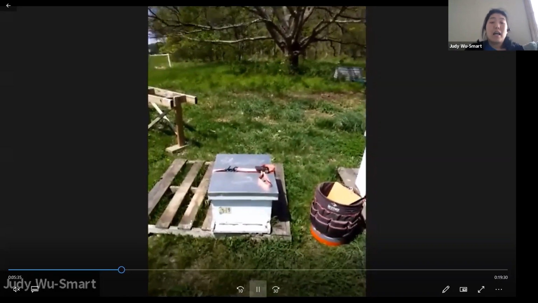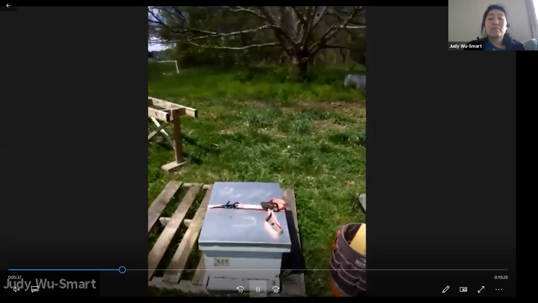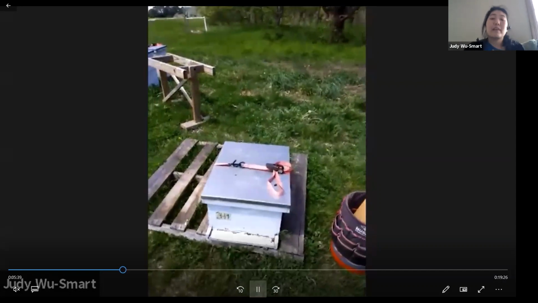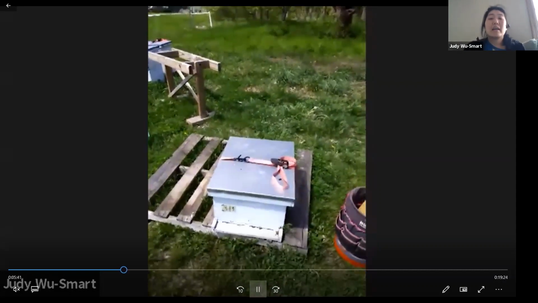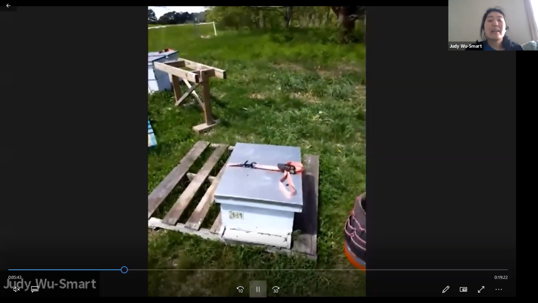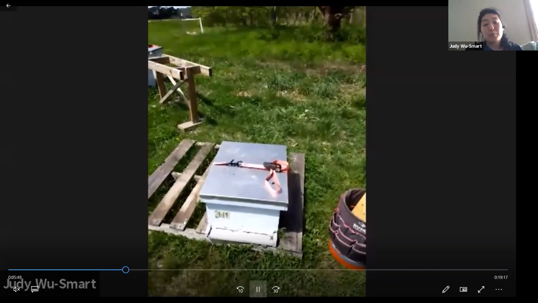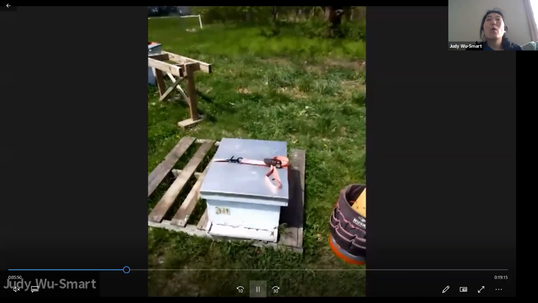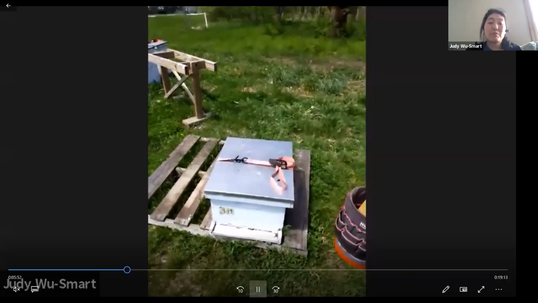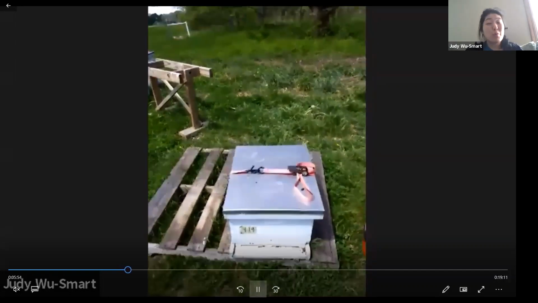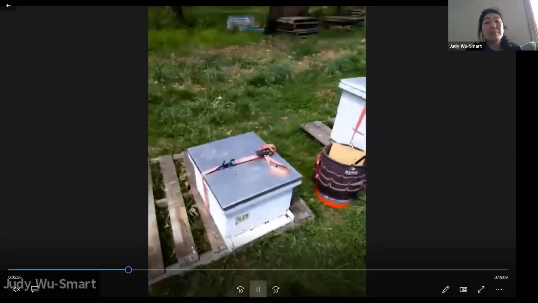Honeybees have been imported into the US, and these are European honeybees. Their taxonomic name is Apis mellifera, meaning that is their genus and their species. There are over 20,000 different species of bees worldwide, probably 4,000 in North America, and honeybees are just one species.